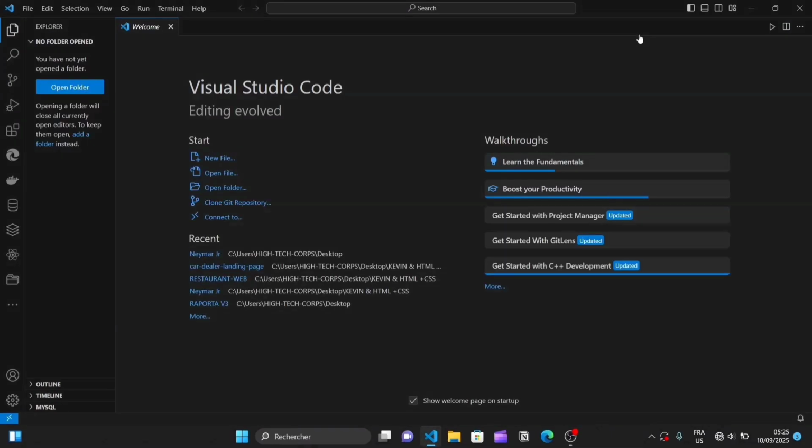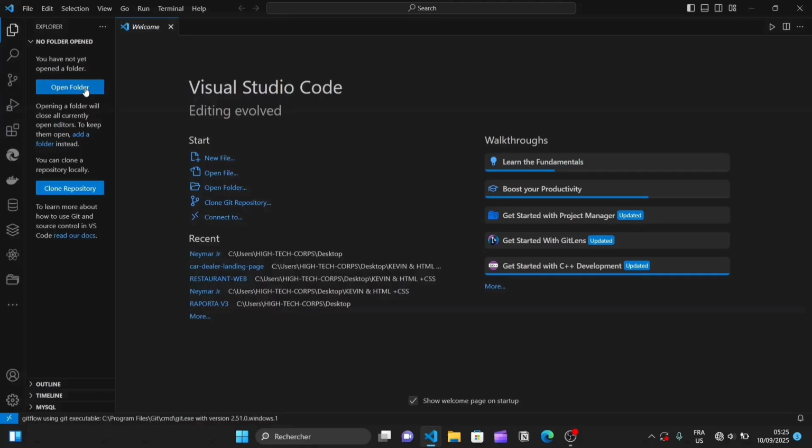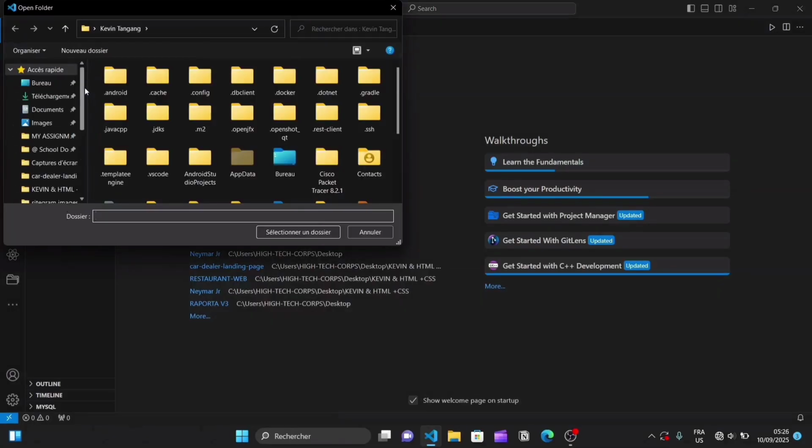Okay, now we can see that I have my VS Code open, but there is nothing in it. So I'm going to click on the import folder option which is presented to me here in order to import the HTML Basics folder which I created for this video. So the folder was